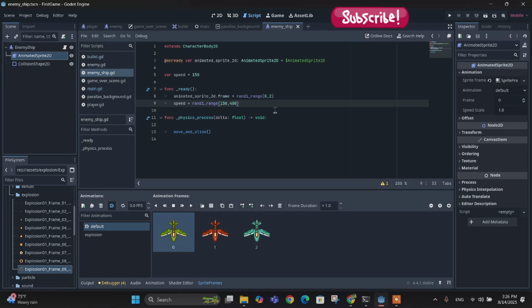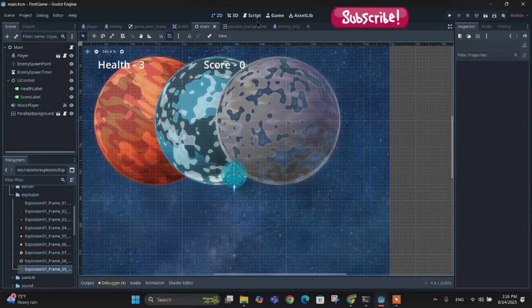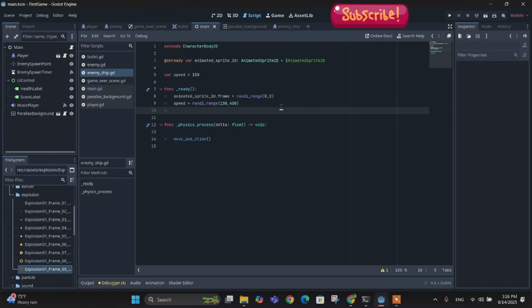And next, our enemy ship is actually going to chase the player, so we need to get the player. First of all, let's go where the player is in the main scene. Let me just click in the 2D in the main scene. We don't have to switch to scripts. So in the main scene we have got a player node here. What we are going to do is, here we are going to